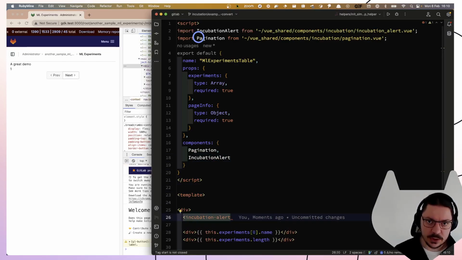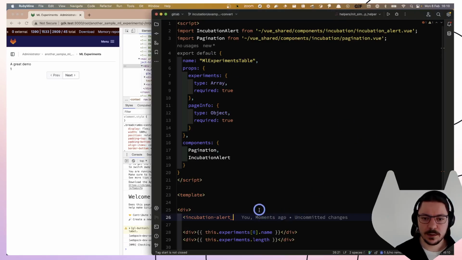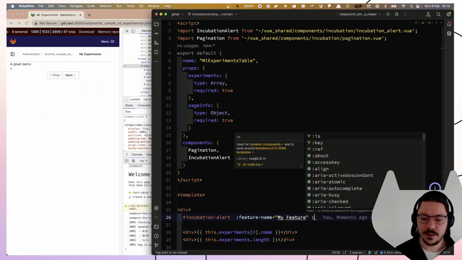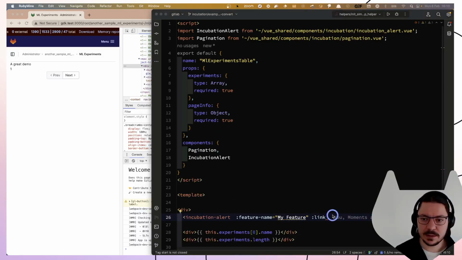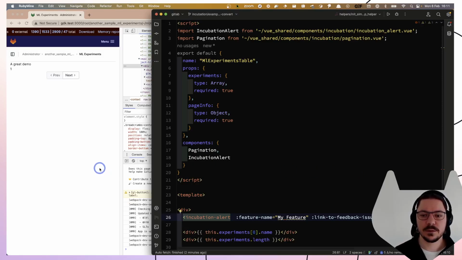We will need two properties: the feature name, which is, let's say, my feature, and a link to the feedback issue that you have set up. It's not the property, so the other prop that it needs is this link. I don't want to do anything special here. I will add it soon. So now that I have both of these, I will save,